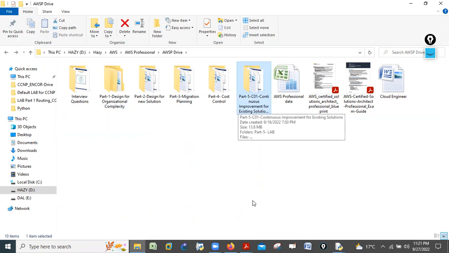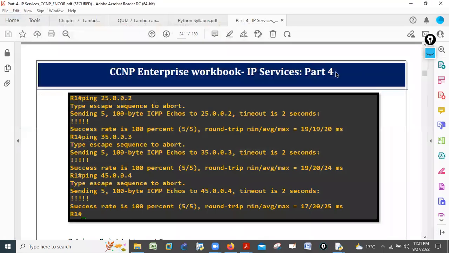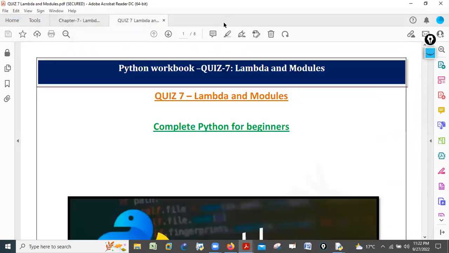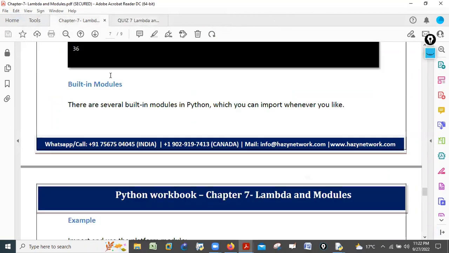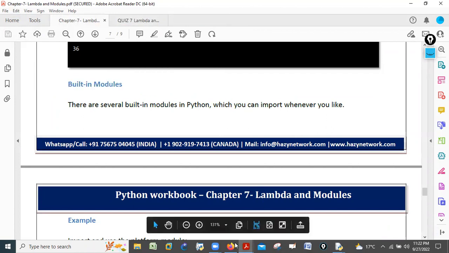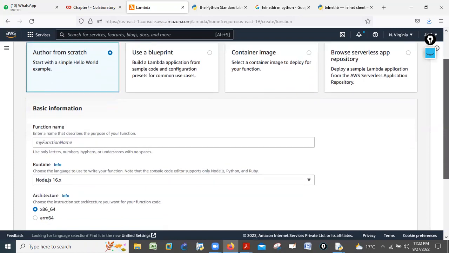Correct. So what I'm saying is that either you go with the cloud, or you go with routing and switching, or the enterprise, or the network or security or whatever, nowadays this is very, very important. In short, Python is very, very important. I'm saying here live, you can see I'm telling you live, right? This is part of my AWS training.